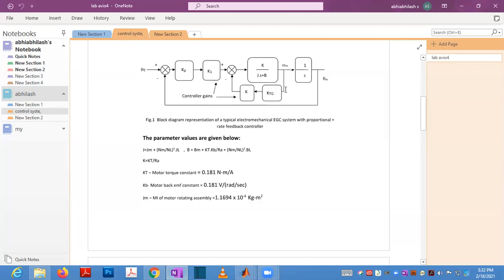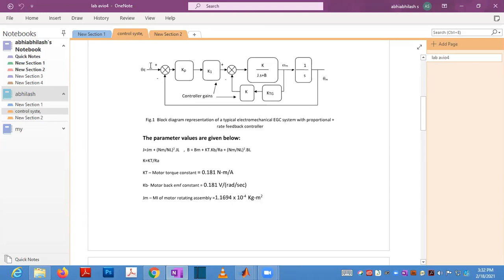Closed loop system is given. This theta we are measuring, and this omega m we are measuring. This omega m is measured using a tacho generator, and the theta is measured using a position sensor, and this is the tacho generator gain factor, and this k is the controller gain. This k is the rate feedback controller gain, and this k1 is the proportional gain constant Kp. That is, this theta is coming here now. This theta scaling factor is this one.